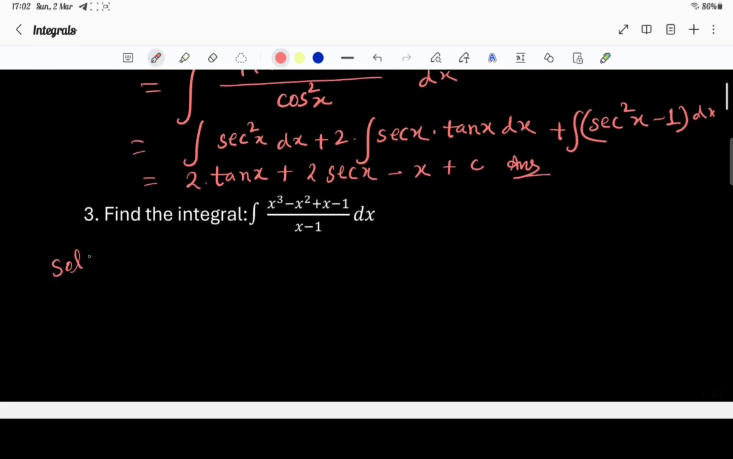Third is also important for 1 mark, 2 marks questions. What is that? Integration of numerator. দেখ একটা কিউবিক পলিনোমিয়াল দেওয়া, and denominator এ সিম্পল লিনিয়ার ফ্যাক্টর দেওয়া, একটা ফ্যাক্টর দেওয়া x minus 1. তাহলে আমরা কি করব, ক্লাস 9 এর